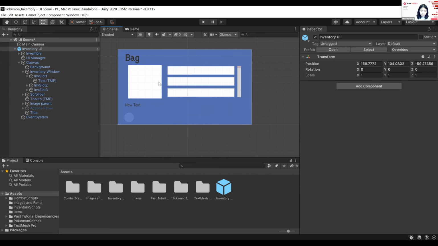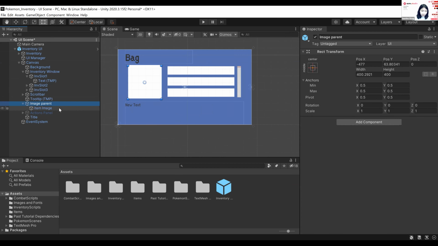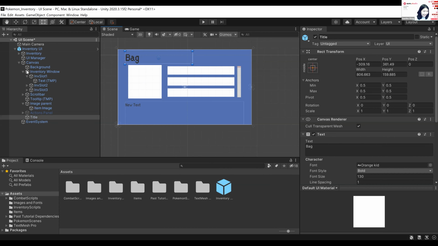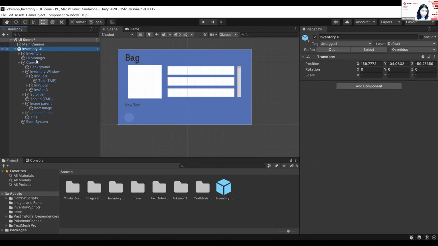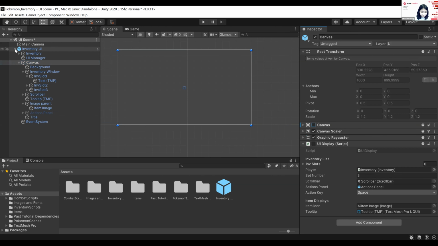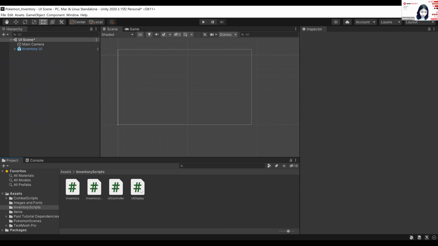An image here, which is a child of an image parent, so that it can conform to the size of this box, no matter how big the image is. And we will be displaying the item sprites here as well. And we just have a little title for the bag here. So that's just what we currently have set up in the prefab and what we will be using in our scripts. Okay, and if we go to inventory scripts and UI display,